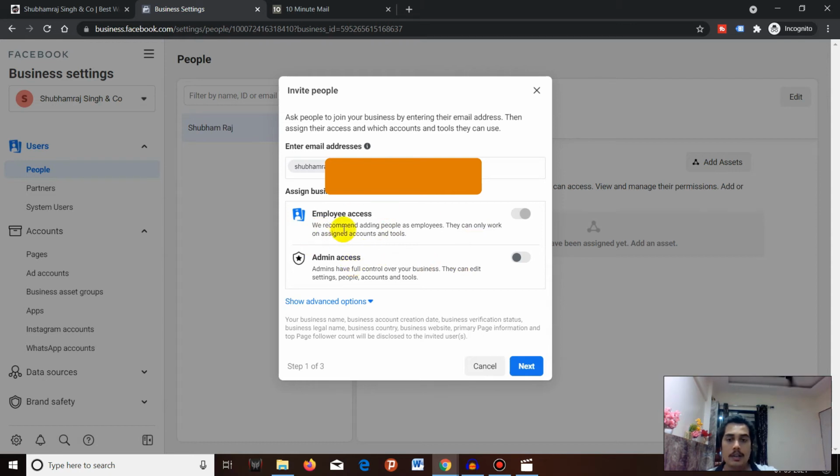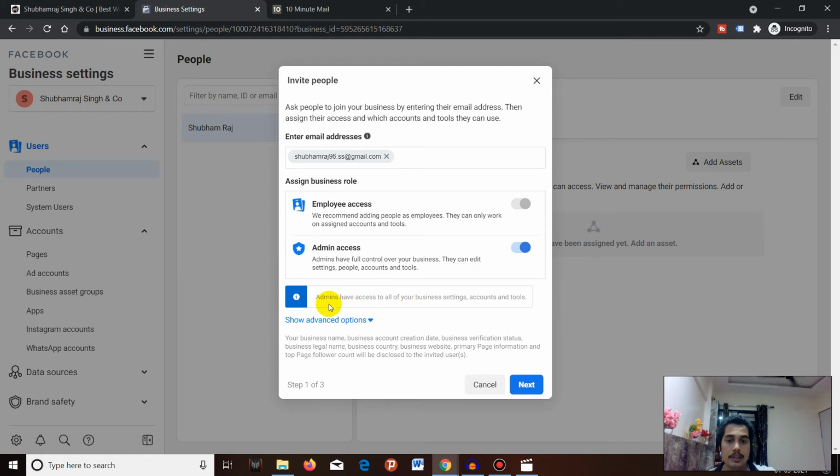You can see here, we recommend adding people as employees. They can only work on assigned accounts and tools. I will probably give admin access, but do share admin access only with a person who is trustworthy or whom you know personally. So I will be giving admin access over here.